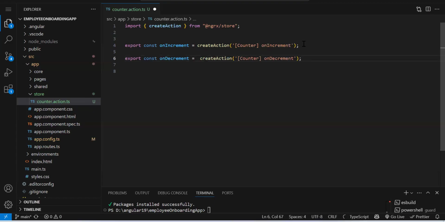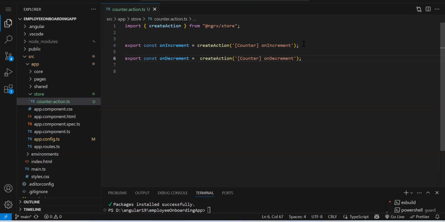Okay. So here we have created our two actions, increment and decrement. The action doesn't do anything. Here we are just describing what operation we can do with our state. We don't have logic over here.